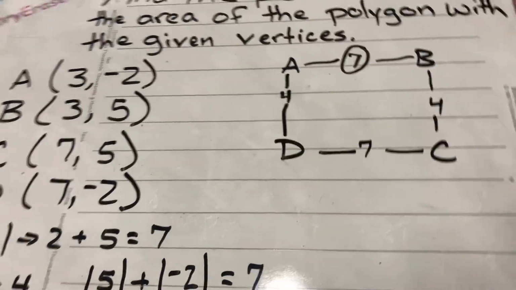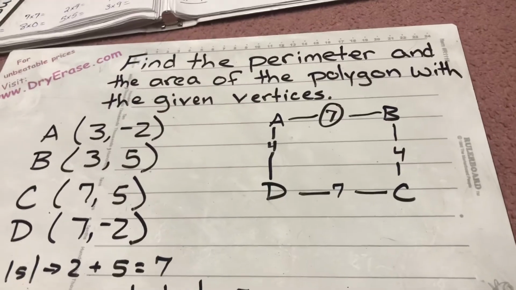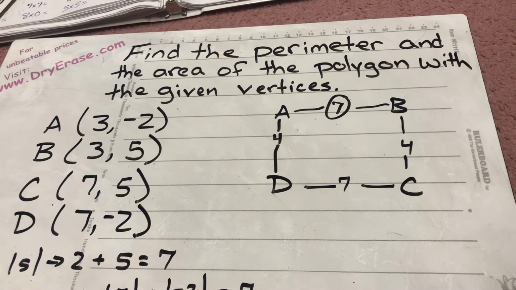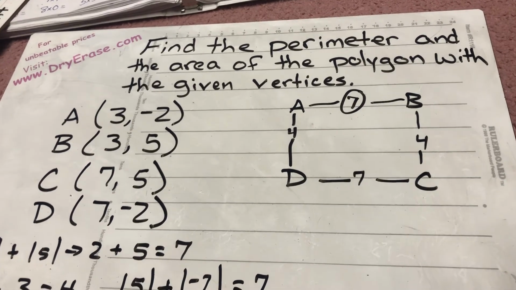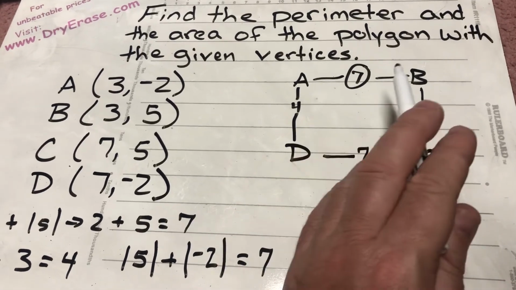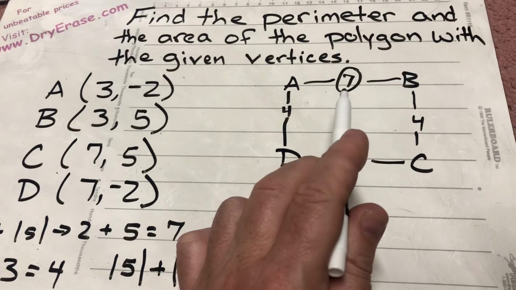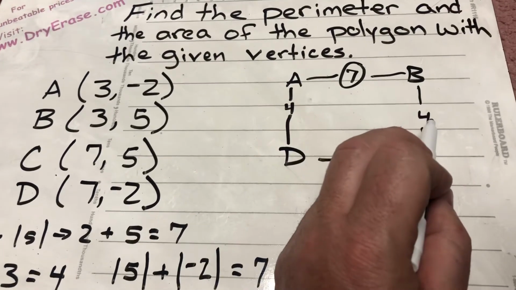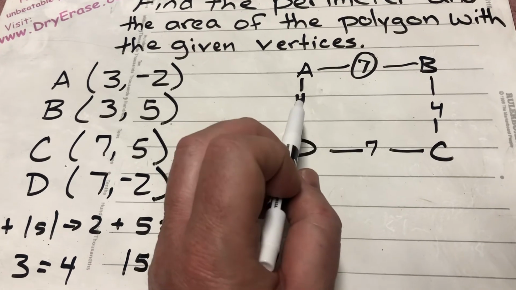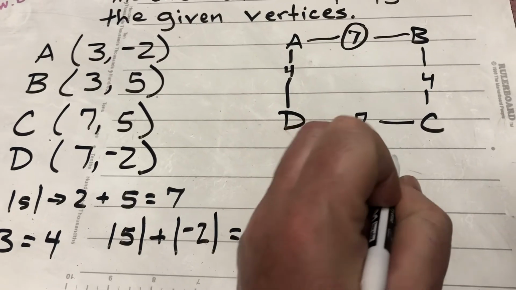And so now I have all of my coordinates. Now I want to go back and reread the directions. It says, find the perimeter and the area of the polygon with the given vertices. Well, perimeter, remember, is the distance around the polygon. So all I'm going to do is add up all these sides together. So I'm going to start here. 7 plus 4 is 11, plus 7 more is 18, plus 4 more is 22. So my perimeter